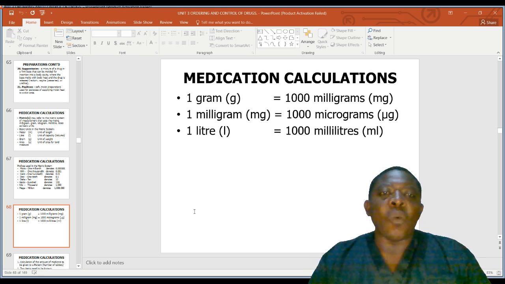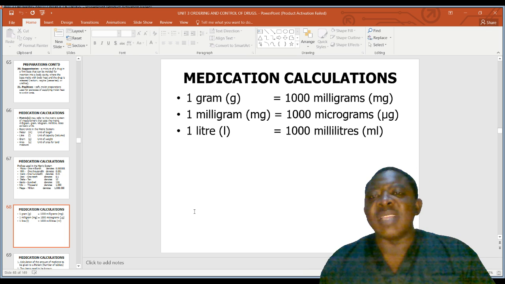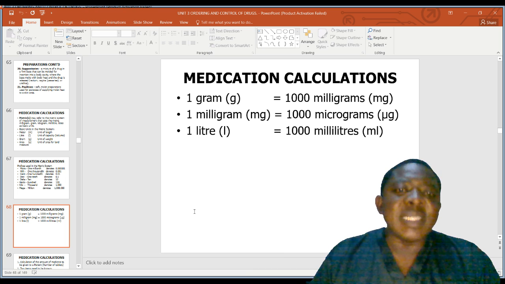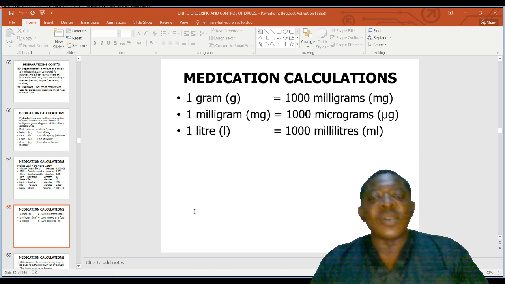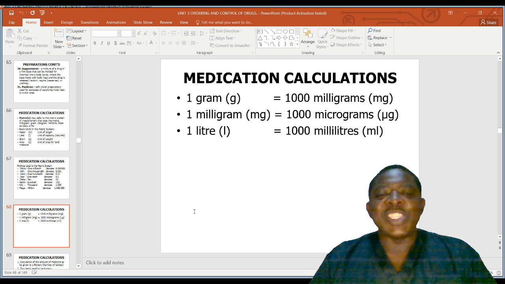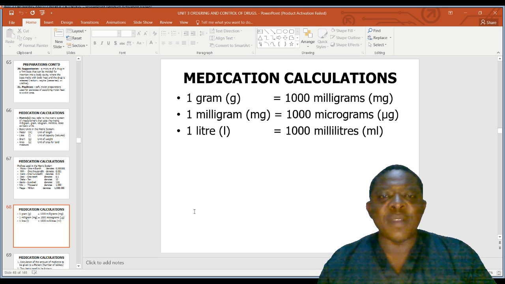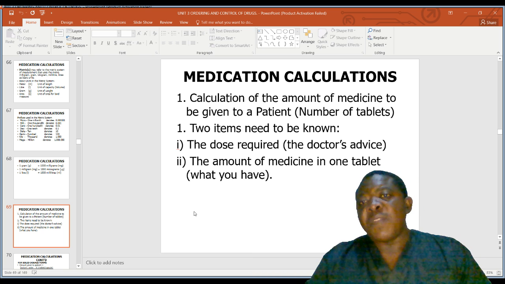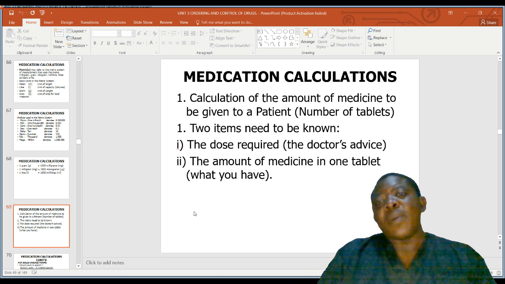Okay, then when we talk, 1 liter is equal to 1000 milliliters. It's also important to note that 1 liter of water is going to be 1 kg. Okay, so that is just something to note. Anyway, all right, so medical calculations of the amount of medicine to be given to a patient, that is number